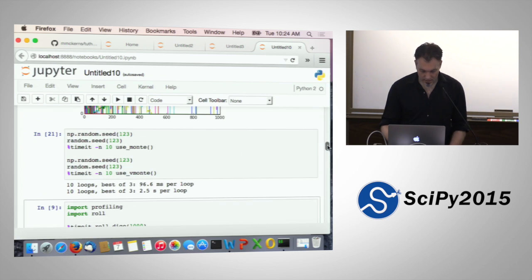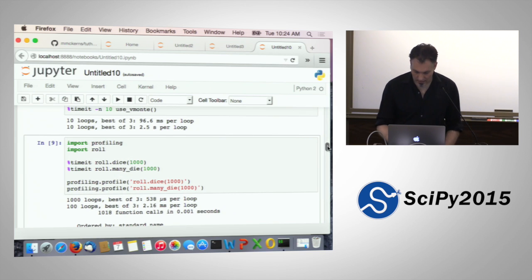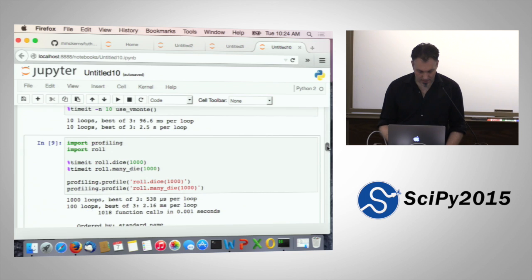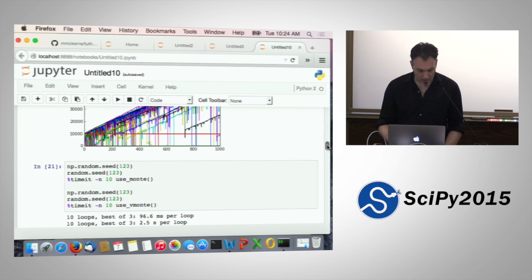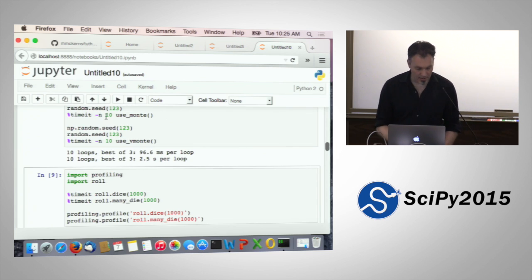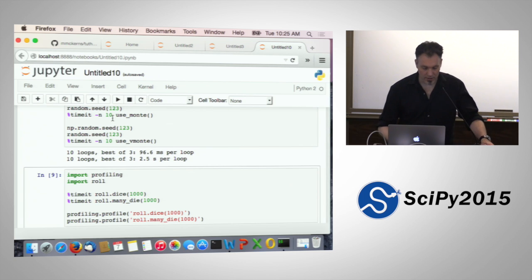And here, I'm using random seed everywhere. I'm doing the checking of the time. I use Monty, and one of the things you could do with time it is specify the number of loops you're going to do. So I make sure that I even give them the same number of loops to run over 10 loops. And you could see that